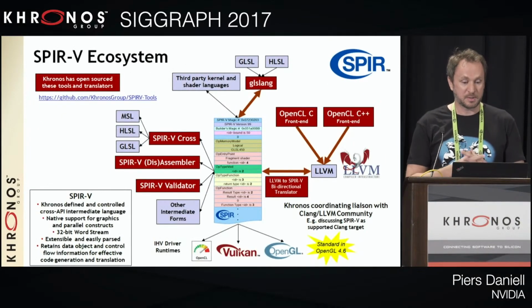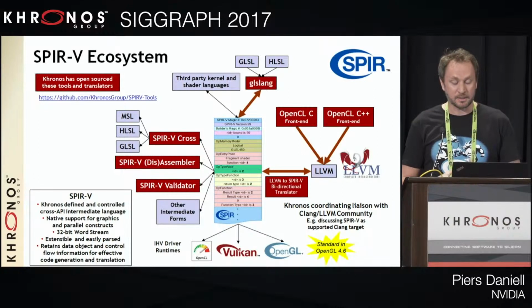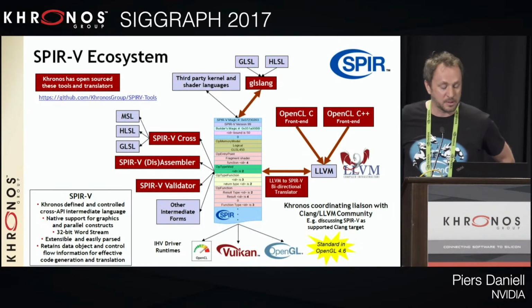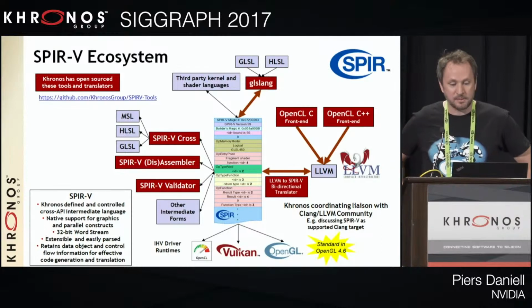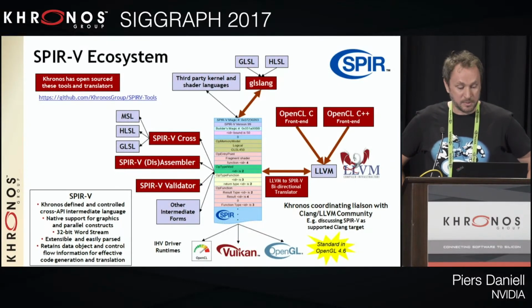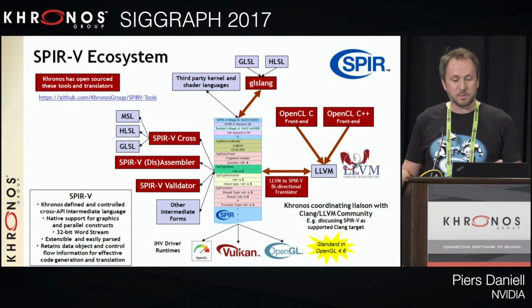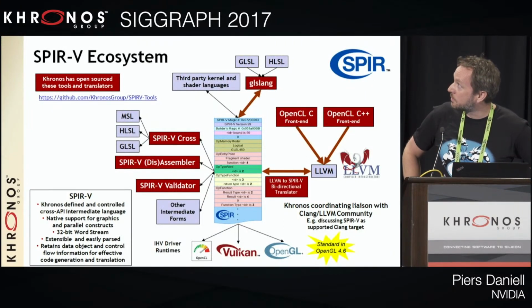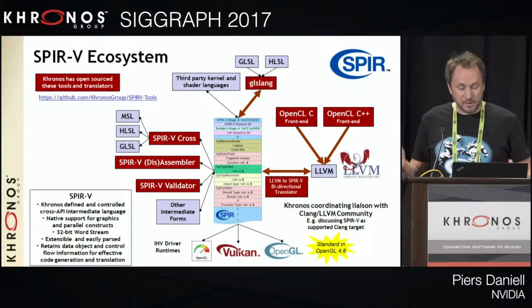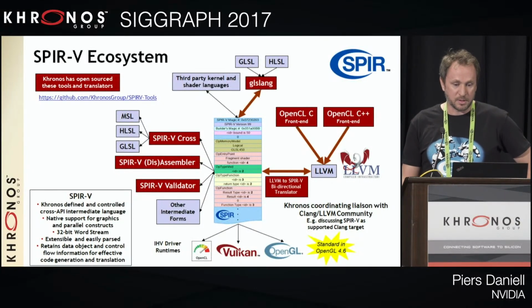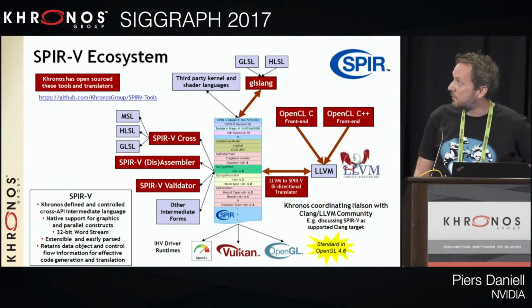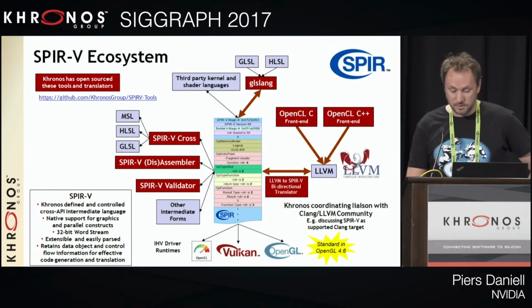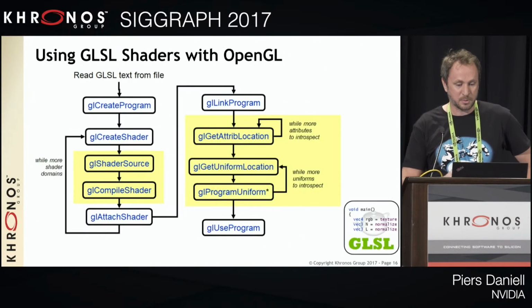So SPIR-V. SPIR-V has a rich ecosystem already. SPIR-V is kind of like the native language that you can pass into Vulkan. And now it's a native language you can pass into OpenGL. And OpenCL already supported that. SPIR-V is an intermediate shading language. You can use a higher level language like GLSL, of course, through the glslang tool to generate your SPIR-V. And now the SPIR-V can be passed directly into OpenGL. And you can generate the SPIR-V with HLSL as well. That support is under development right now. And there are all these kind of tools you can use. So it's a rich ecosystem that now OpenGL supports natively.